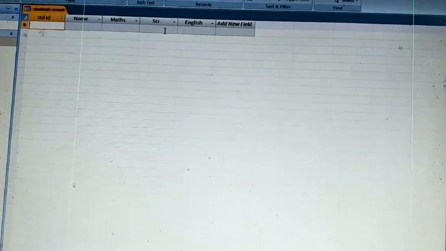Got it? In design view you will change the properties of the data. Properties of the data means you can change the name of the field and you can change the property of the field. Property of the field means you can change the type of the data and some extra things that I will tell you in another video.